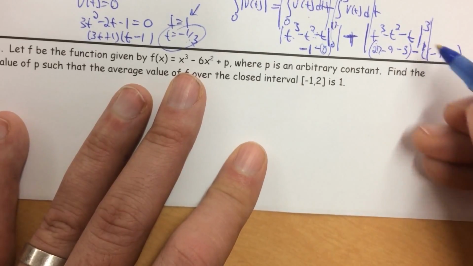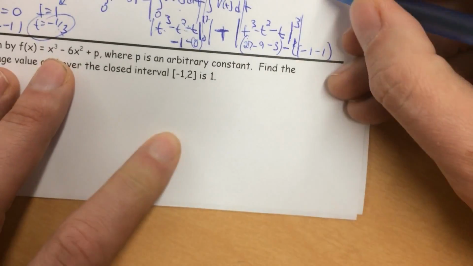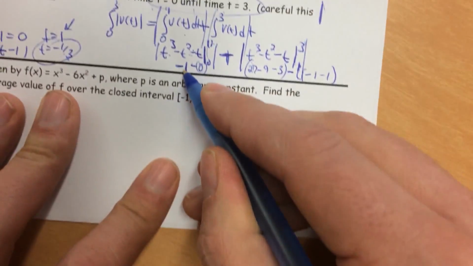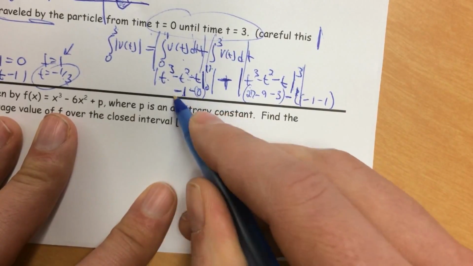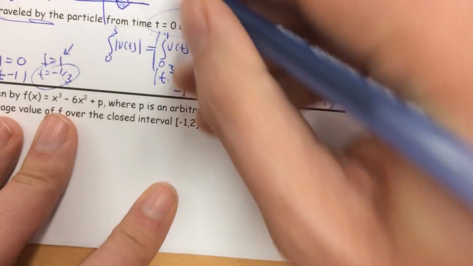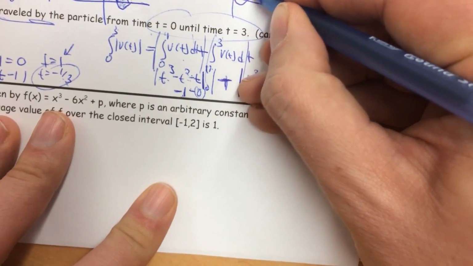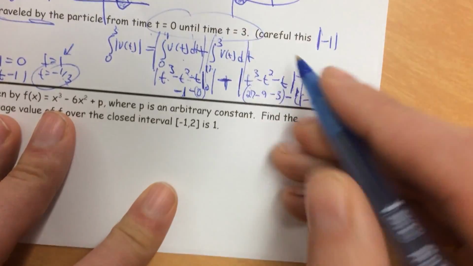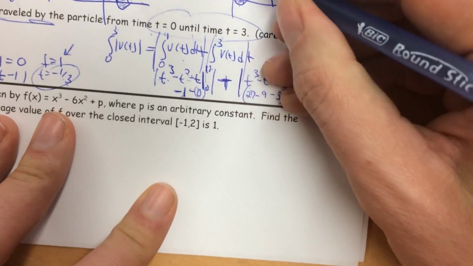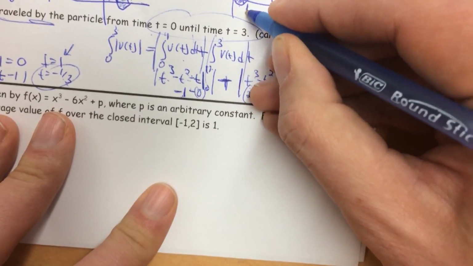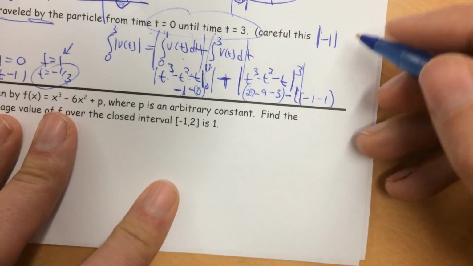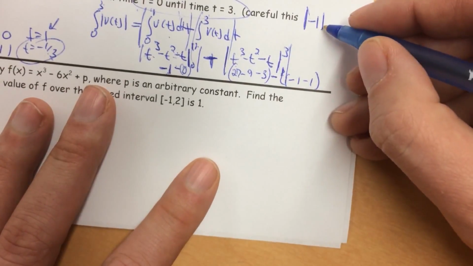So we've got here the absolute value. This area was negative 1. Negative 1 minus 0 is negative 1. So the actual graph must have been something like this, right? Where the velocity was negative at first. This is v of t. Until t equals 1, and then it became positive. So we've got negative 1